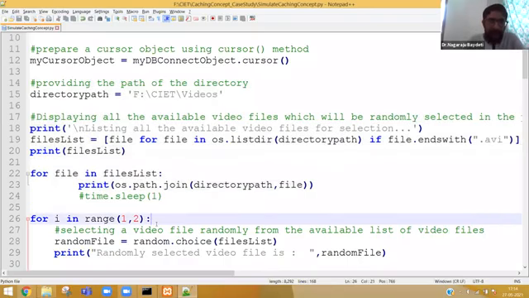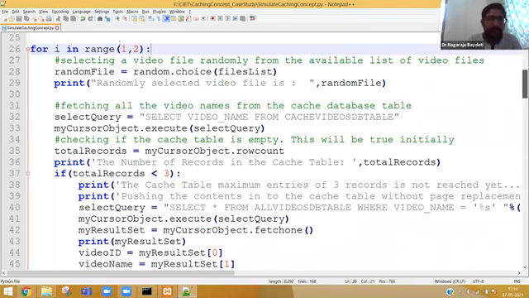After that, you can see in line number 26, it looks very strange. How come range 1, 2? What is range 1, 2? Basically, this loop will execute only one time.